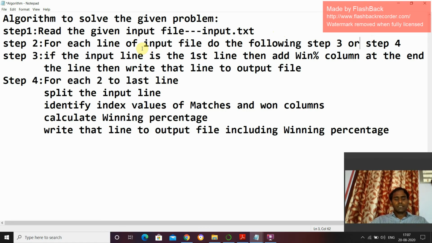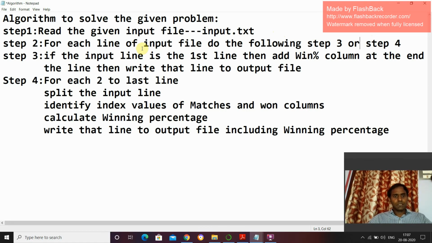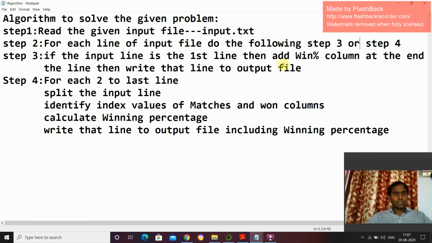If the input line is the first line, that is, the header line, then I add the win percentage column at the end of the line, then write the entire line into the output file. Clear?